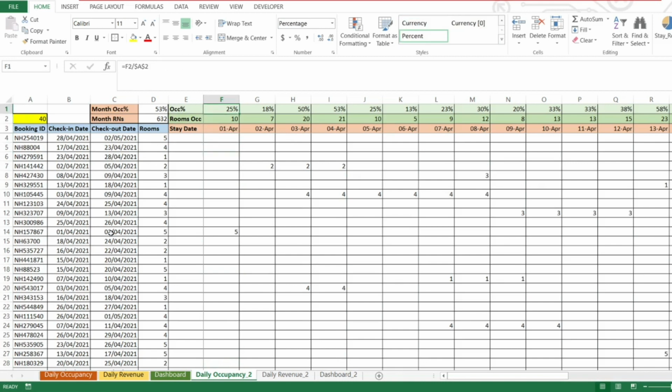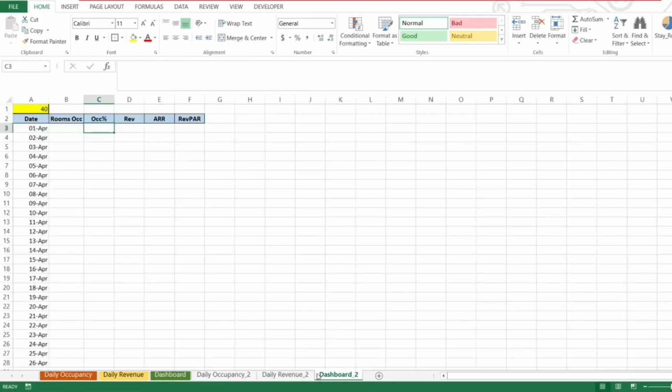So once the occupancy percentage and rooms occupied are automatically updated here as per the bookings data which you feed in, we want this to be visible in the dashboard at one glimpse itself. So how do you do that?